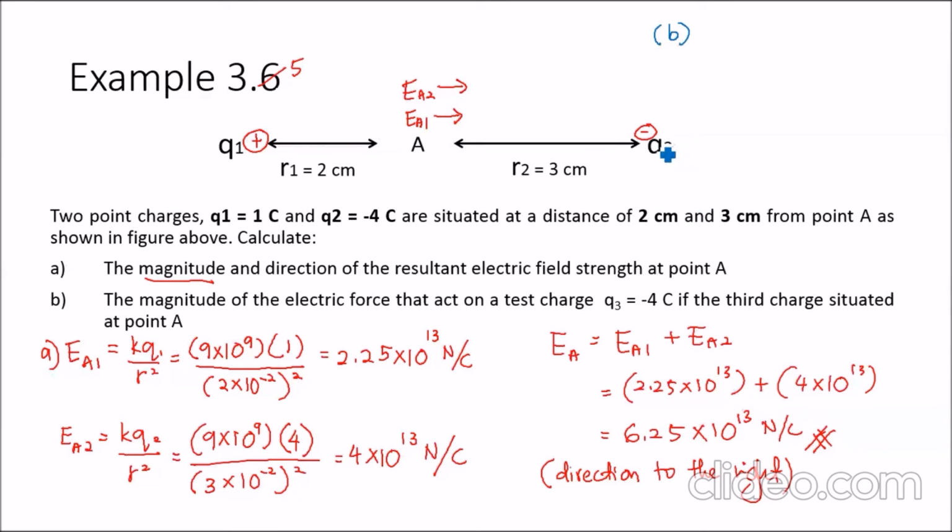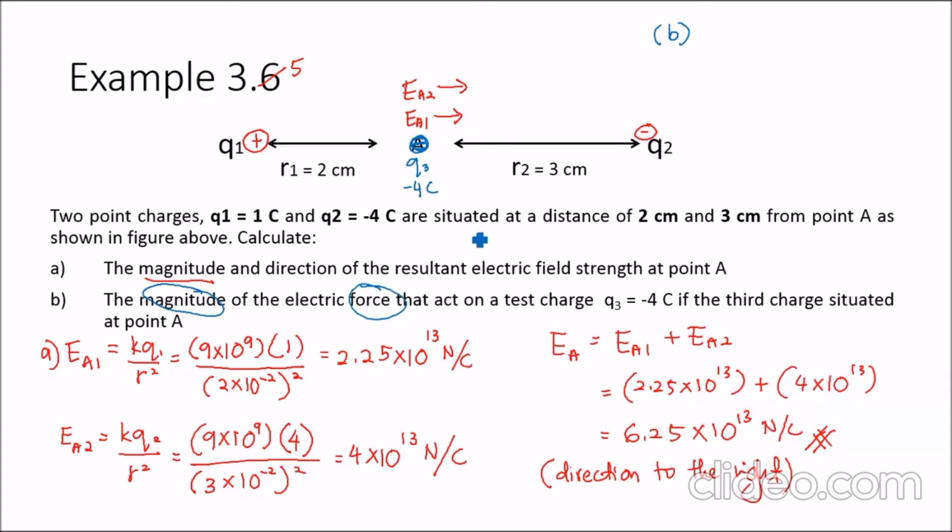Question B. Find the magnitude of electric force that acts on a test charge Q3 equal to -4 Coulomb, if the third charge is situated at point A. So what happened is, in question A there was no test charge. There was just point A only. But now we put a negative test charge right here at point A, which is Q3 equal to -4